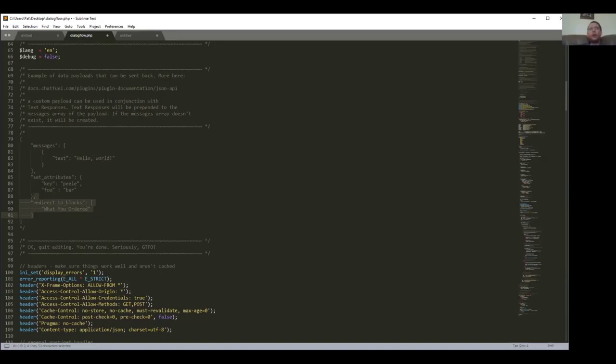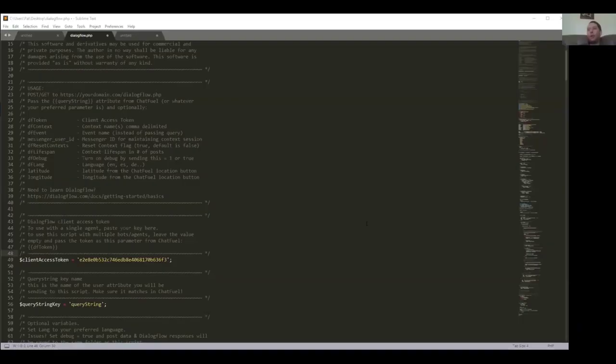As an alternative, you could have your Dialogflow.php and have multiple ones; you would just need to name them differently and have different access keys. Yeah, absolutely. So you can use the same client with different access keys. And then you can also pass in context. I think that's a little bit outside this tutorial, but